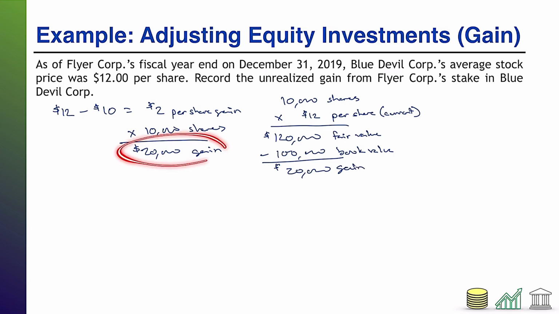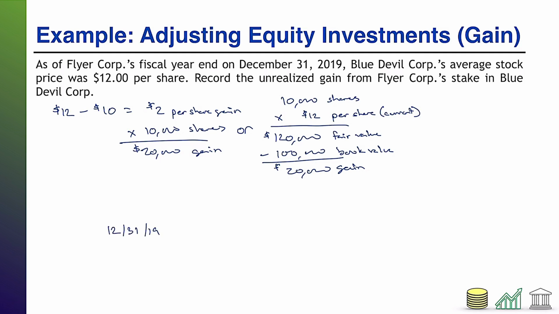Right? Same endpoint. You're going to get to the $20,000 gain no matter how you approach this math, because you're essentially doing the same math. You're just doing it in a slightly different fashion. So personal preference there. But either way, we'll get to the $20,000 gain. How do we record that? Well, it's